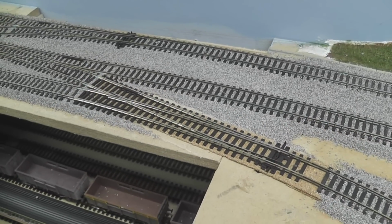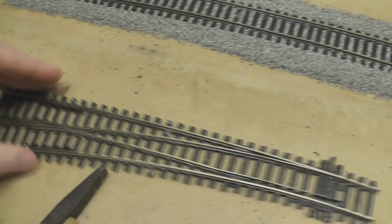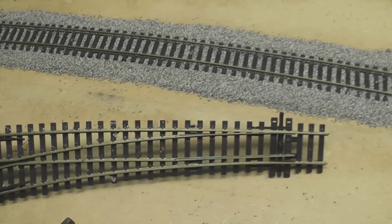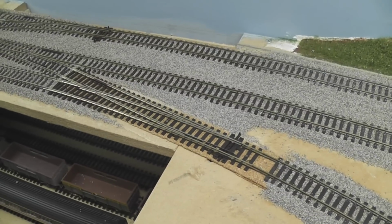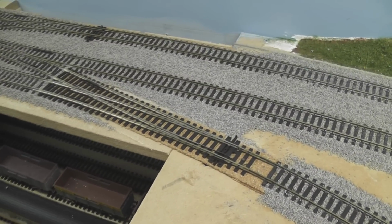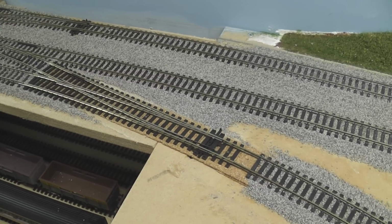The reason why I've got a point here that needs ballasting is because, as many of you probably remember, I used to have a curved point in there. That was this one, and it joined onto the track here and it ran up over there. When I did it, I wasn't too sure how well it was going to work, and it did work fine, but the curve was a little bit severe. It was a bit sharp,